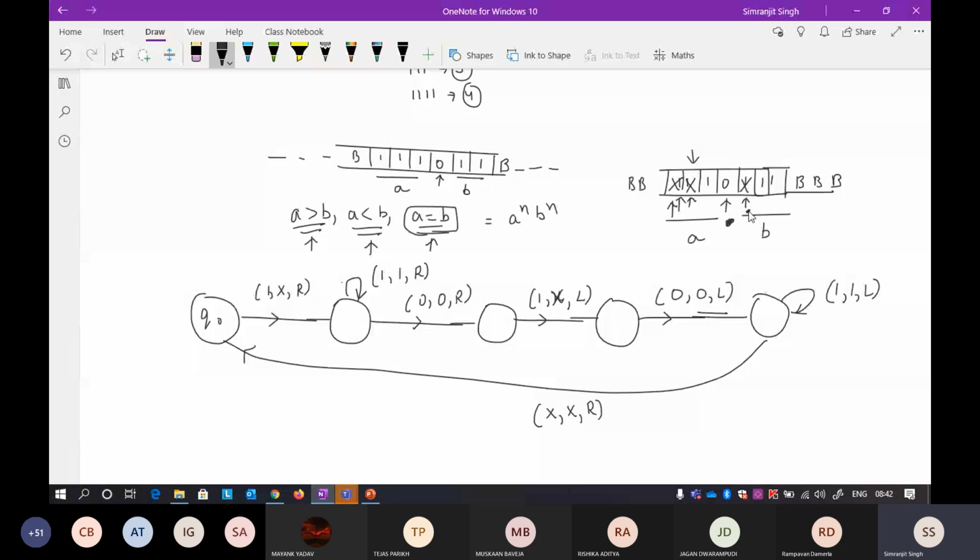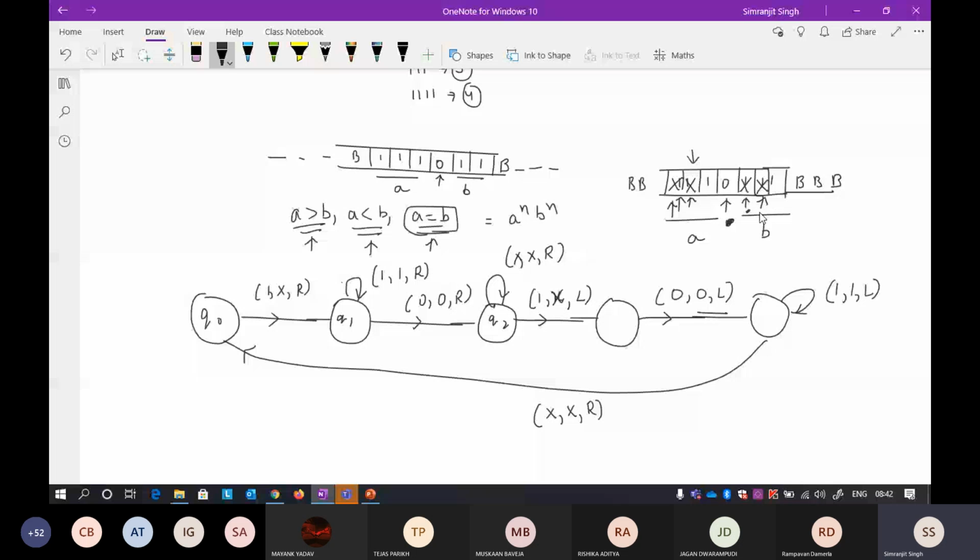Now in this place you will also get a number of x's here. Okay, so in this place, this q1 and q2, when there is a 0 you will also get here a number of x's. So what you do, when there is an x, keep the x as it is and keep moving right. Okay, so that is why I follow 2 steps. Now there will be a 1 here absolutely, and you can change it to 1 and start moving left.